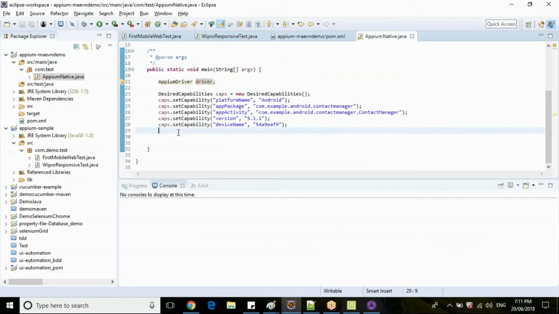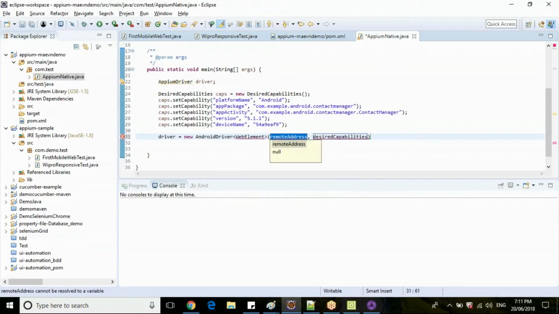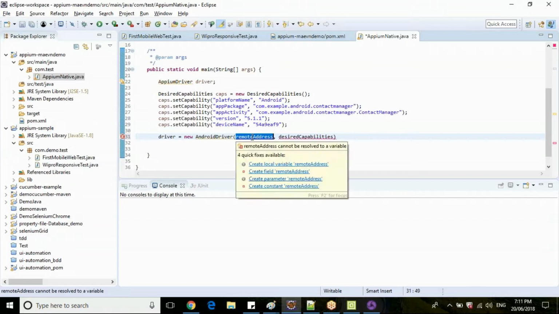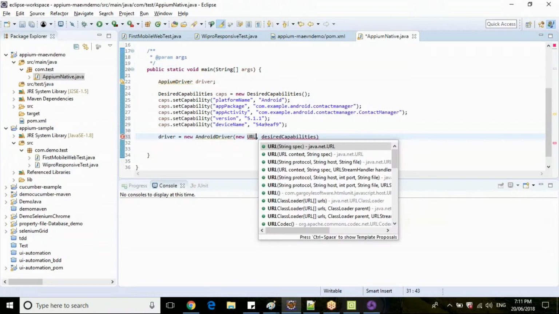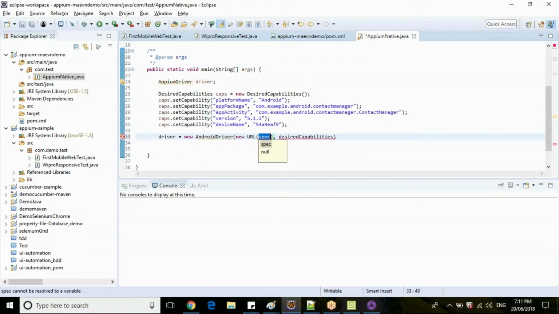Now just use the same driver instance here and specify it with new Android driver. Since you're not working with a hybrid application, remove this web element typecast. Specify your remote address with new URL. Then provide your URL. So what is the URL that you need to provide here?